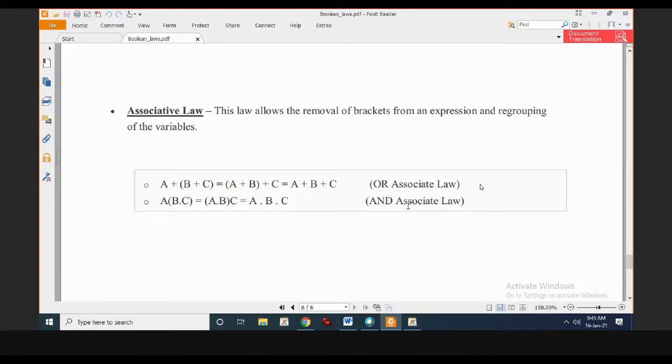Associative law. So you can see here that, because in normal maths also we see that, let's say if I add 2 plus 3 plus 4, I can do it like this: 2 plus 3 and then to that result I can do the addition of 4, or I can simply do 2 plus 3 plus 4, right? So it is associative law in the OR domain, and in the AND domain it is A into B into C. So if it is normal maths, 2 into 3 into 4, I can do it as 2 into 3 into 4, or even I can do 2 into 4 into 3. Okay, so this is associative law for my Boolean logic, and in the AND domain.